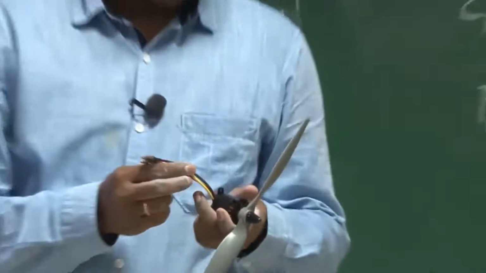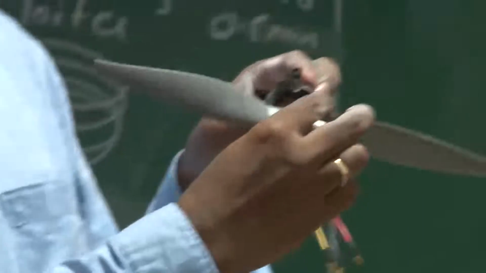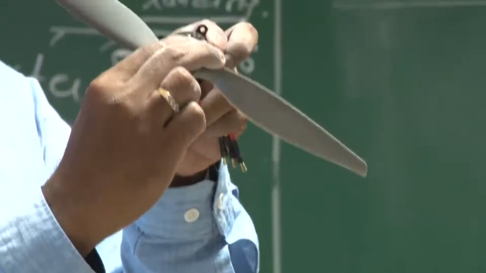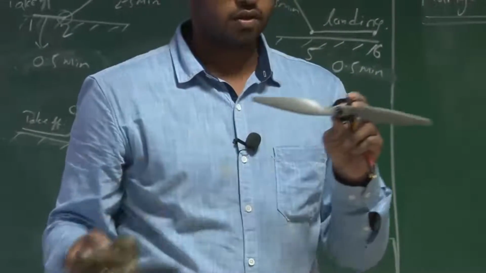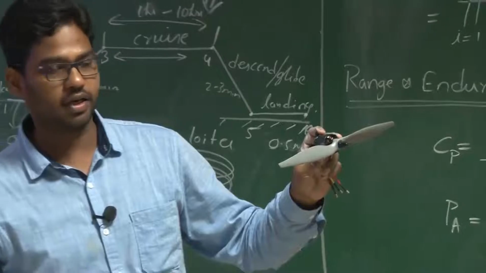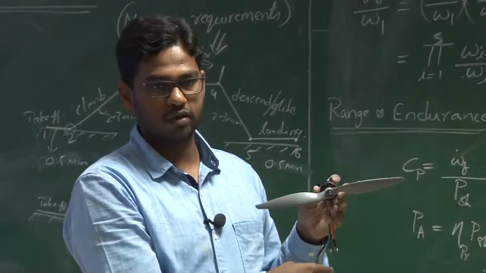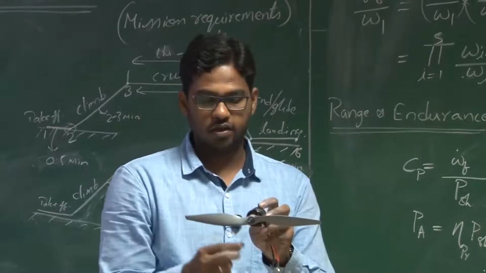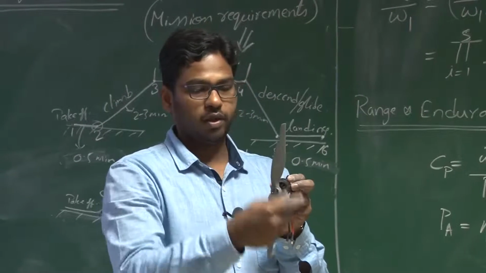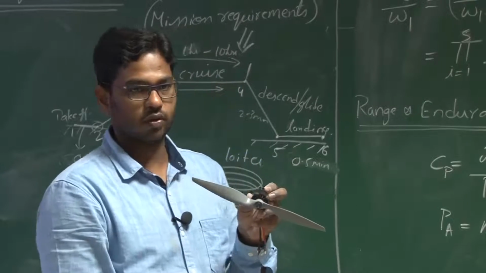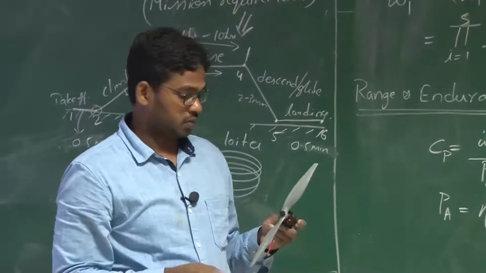We can also look at electric powered systems. This is a brushless motor, an outrunner brushless motor, and there is a propeller combination here. For the IC engine, fuel is given as an input. For the electric based system, we use battery power as an input to this brushless motor. Again here the output will be a shaft power. In either case, the output is a mechanical power. By means of this propeller, we convert it into the useful power for the UAV, right?